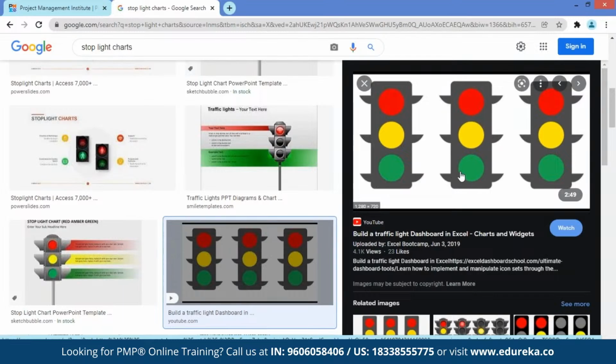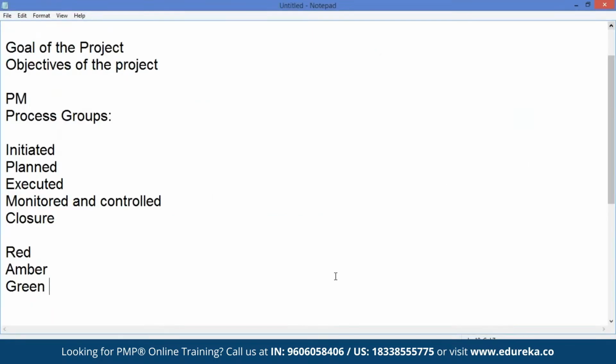Green is a very happy status of affairs. Everything is well in the project. Everybody is happy. The customer is happy. Your leadership is happy. Your resources are happy. Okay, so you are making money in the project. Profitability is there. It's a very favorable status of affairs. But once you slowly move from green to amber and amber to red, this is where people come calling, and you have to justify why the health of the project is amber, why it is red, and most importantly, they are going to ask you